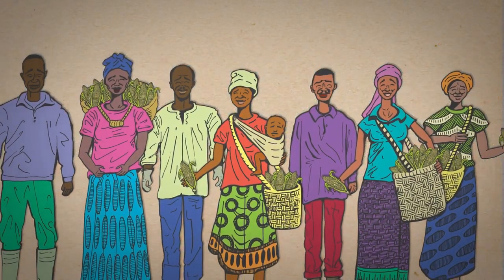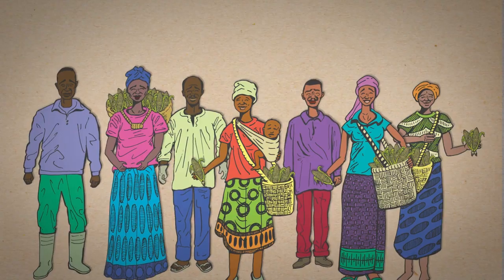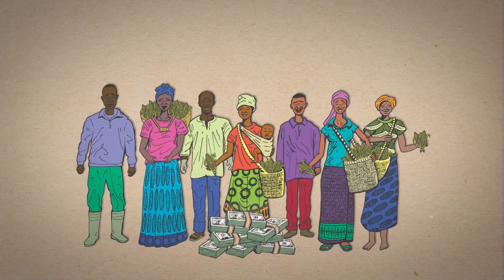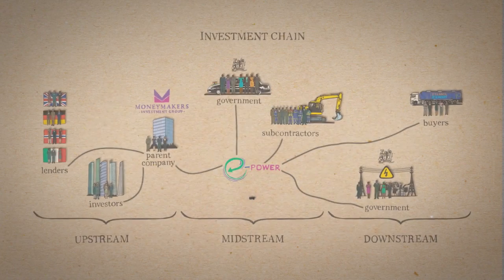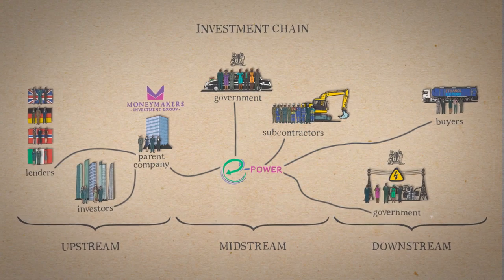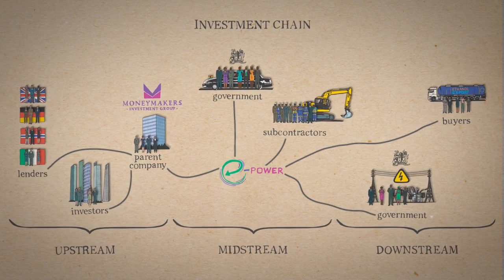Pressure points might also be used to obtain remedies for any harms already suffered, such as financial compensation. Investment chains are complex, but with a framework to understand them, we can take action to remedy harms already suffered and promote investments that support